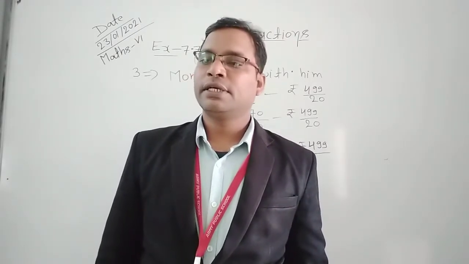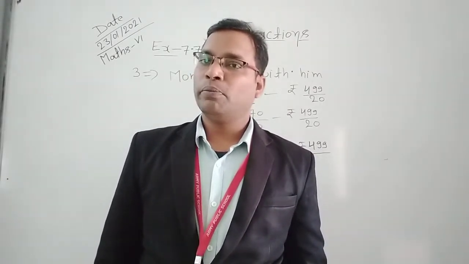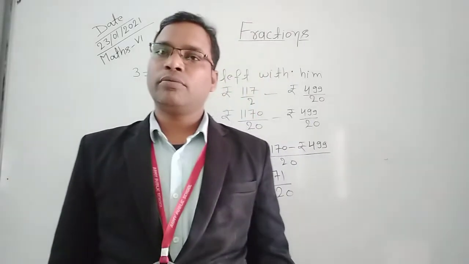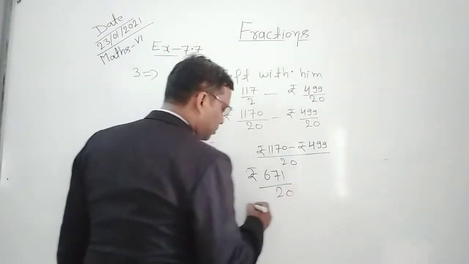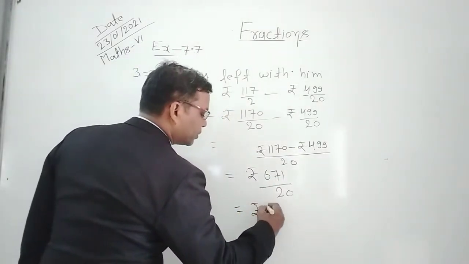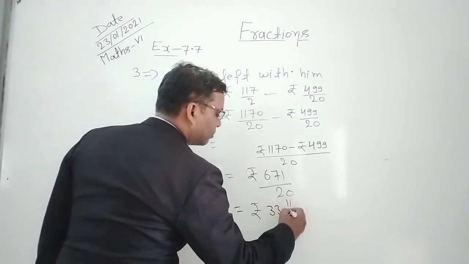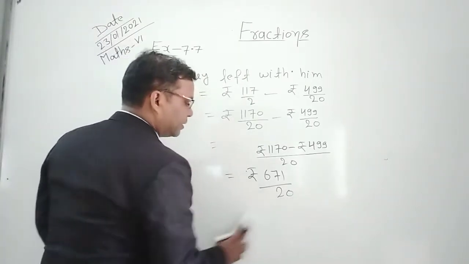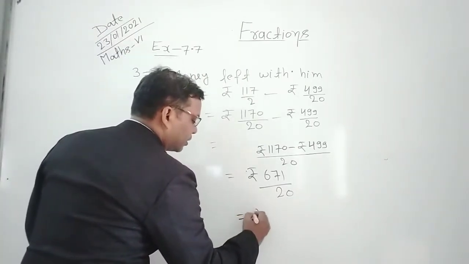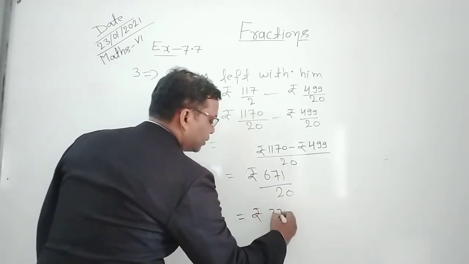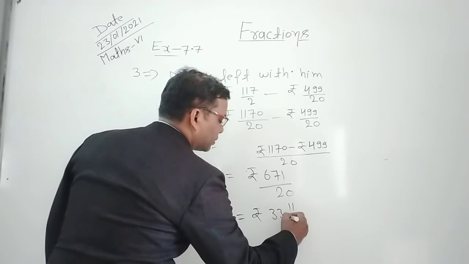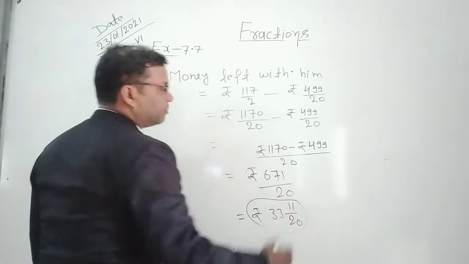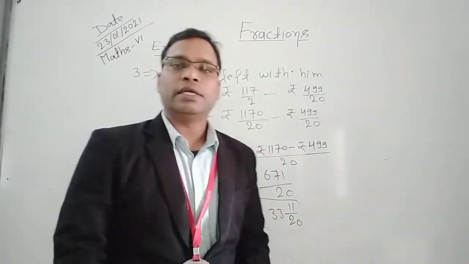If you change it into a mixed fraction, it becomes 33 whole 11 by 20. So it becomes rupees 33 whole 11 by 20. This is clear? This is the amount of money left with the laborer